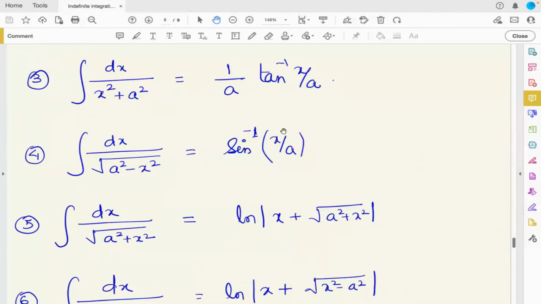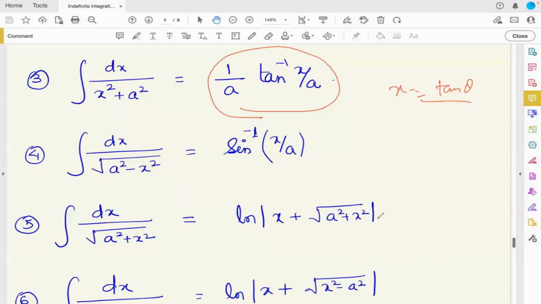Okay. So our third form is like x square plus a square. We have already studied that if anywhere there is a term of x square plus a square, or root under x square plus a square, then we substitute x is equal to tan theta. If you solve this question by substituting x is equal to a tan theta, then you automatically get this result, 1 by a tan inverse x by a. Automatically, because